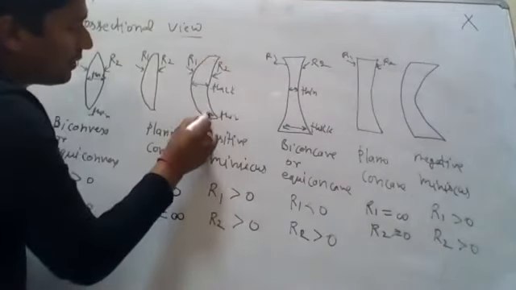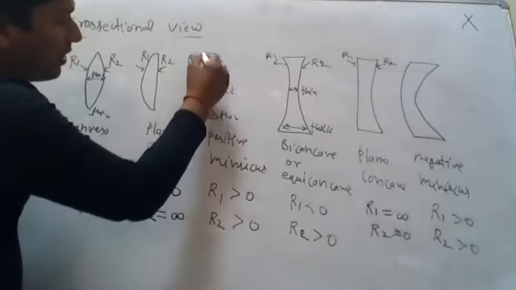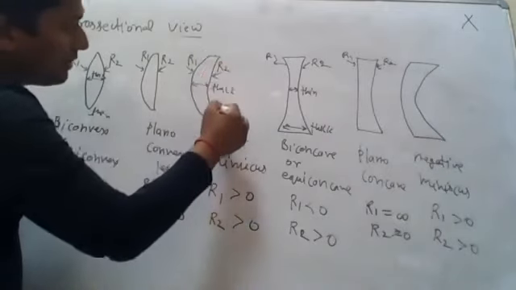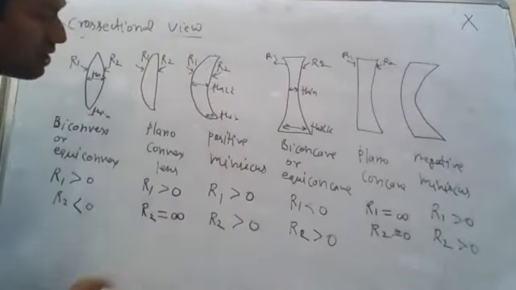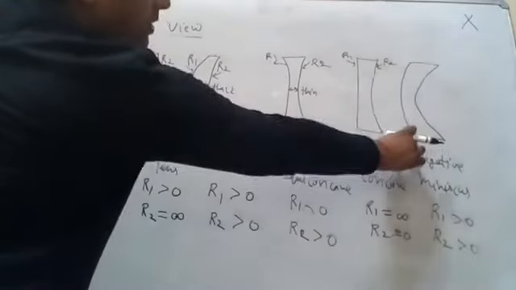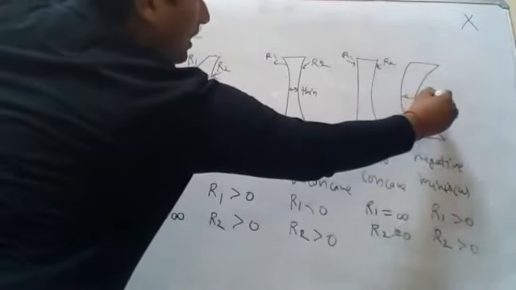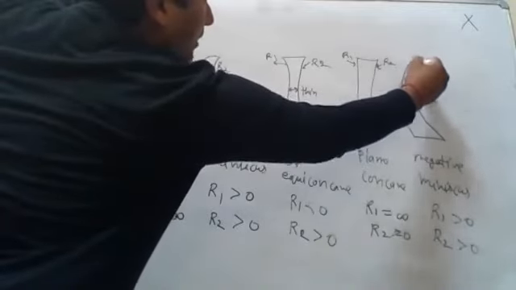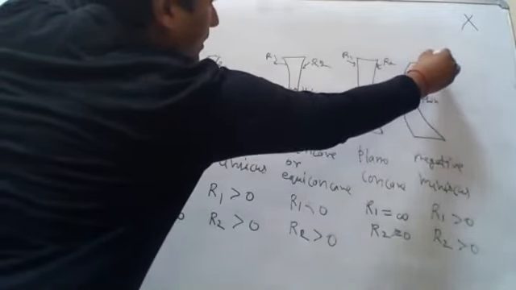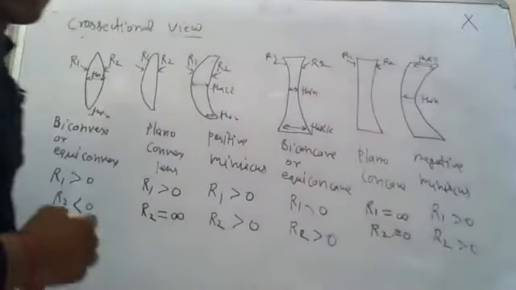Here and here it is thin, here it is thick, so it's called the positive. And since it has convex and concave spherical surfaces, it's called the meniscus. So it is known as the positive meniscus, while this is known as the negative meniscus because at the center it has a very thin thickness, and at the edges it is thick compared to the center. So that's why it's called the negative meniscus.